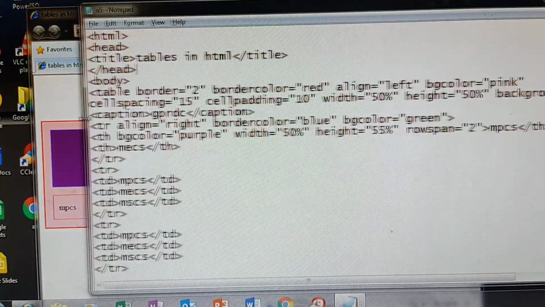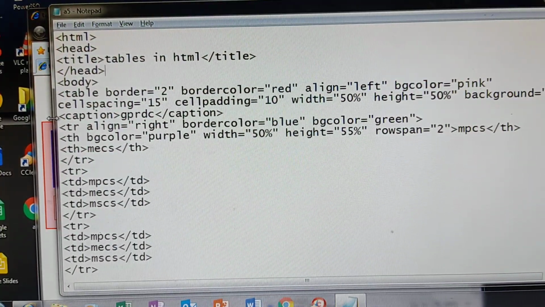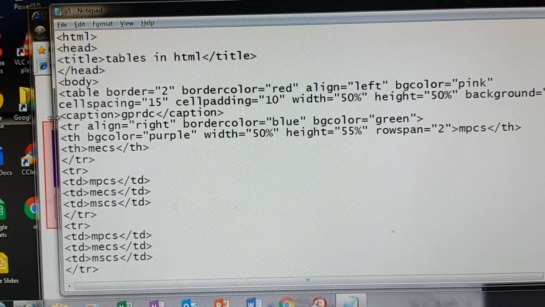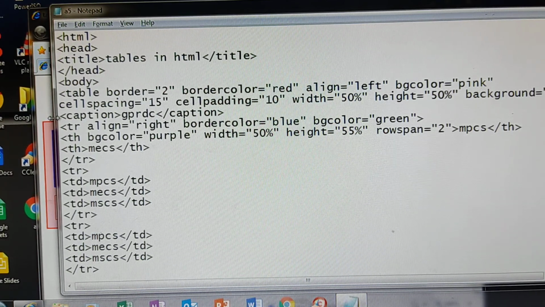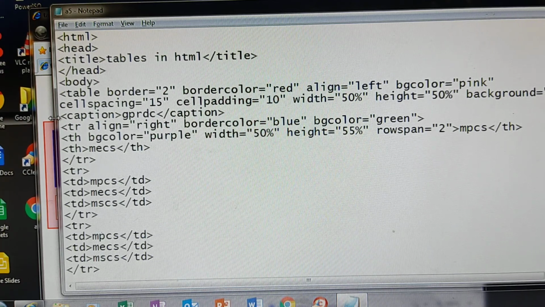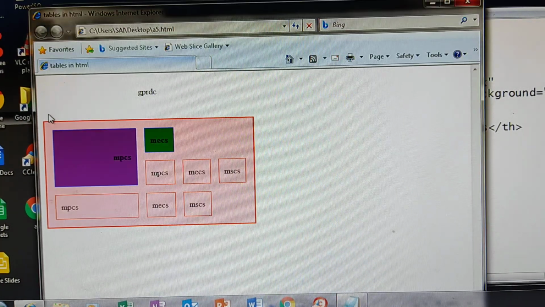Just the area will be different. If you have included attributes inside the table, that will be applicable to all the columns in the table. If you have included the same attribute inside the TR, that will be applicable to the single row. If you have included the same attribute inside the TD, that is applicable to only one particular cell. That is the difference, that's it.